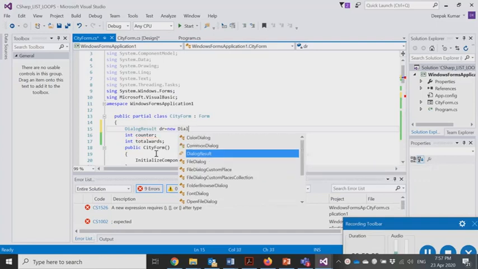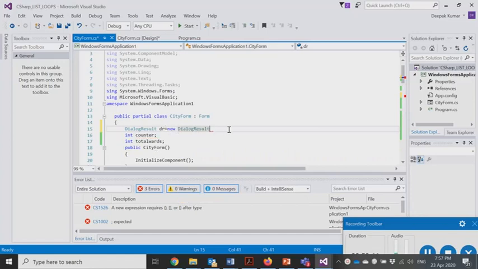So we are saying DialogResult dr is equal to new DialogResult. This is called a default constructor declaration, where we are calling a default constructor of the DialogResult class to initiate an object variable called dr, and this is all done in one line. So we are declaring as well as initializing an object variable of this DialogResult class called dr. We will be using it further down, in our loop.